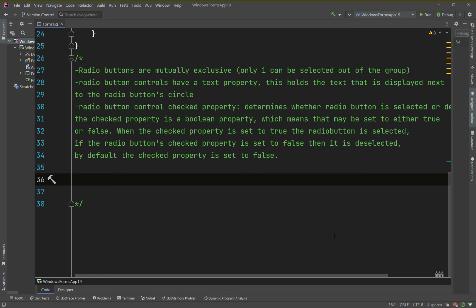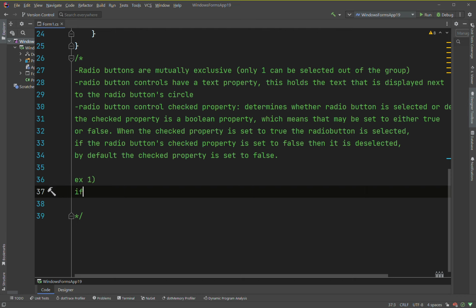So we could have, for example, example 1: if choice 1 radio button, we don't have to go with choice 1, we can just go with radio button 1. If radio button 1